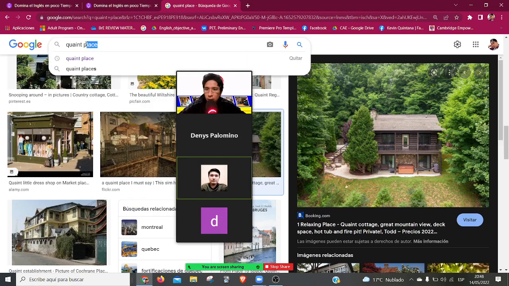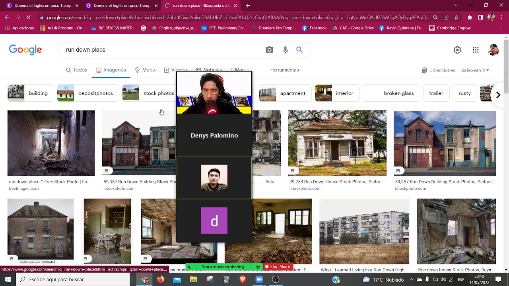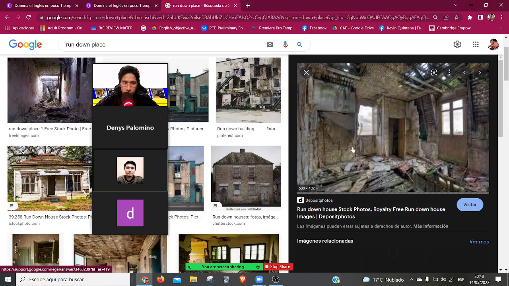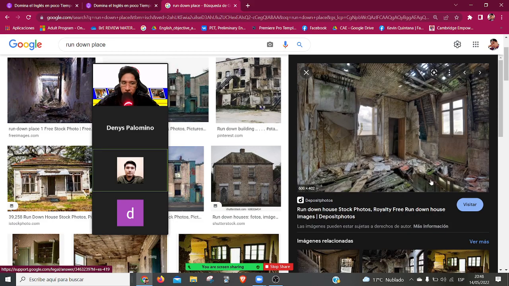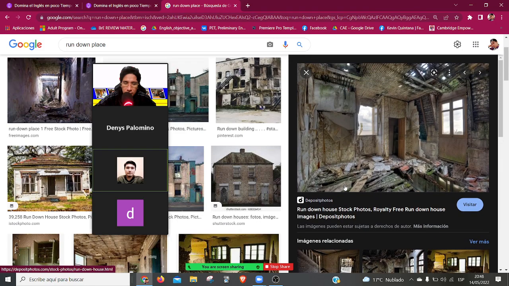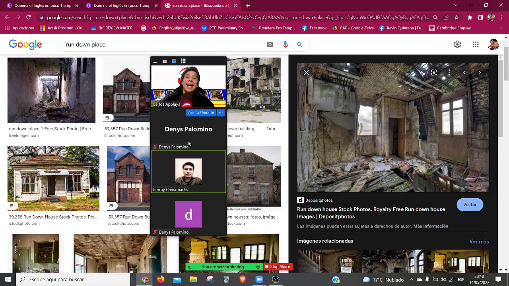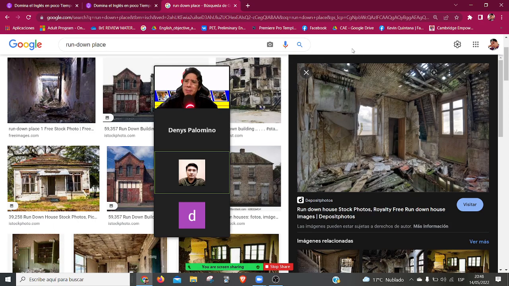Clothes, for example. No, no, no, porque cuando se ve horrible, horrible, decimos rundown. Rundown place, está súper destruido, mira. Esto es un rundown place. Esto sí, aunque tú lo veas, no, esto es horrible, eso no es quaint. Esto es rundown. The buildings look run down because of the work. Rundown es destruido, súper horrible. Rundown place. Usamos el hyphen, okay? That's a rundown place. I wouldn't see myself going again. No me veo a mí mismo regresando. I wouldn't see myself going there.